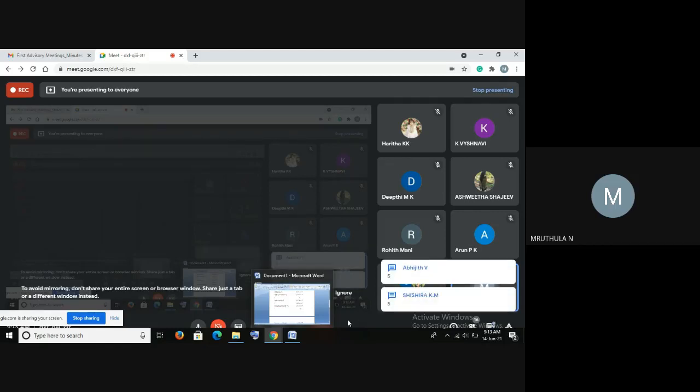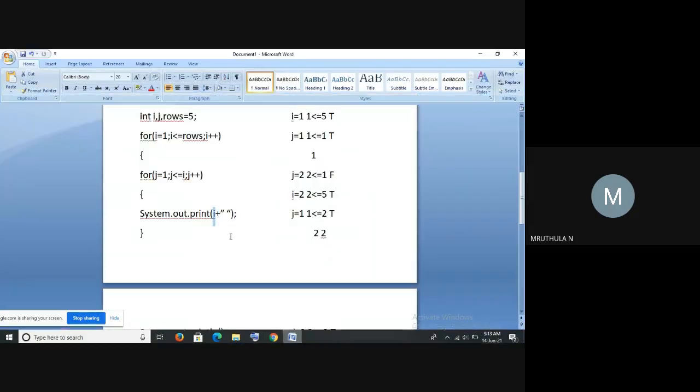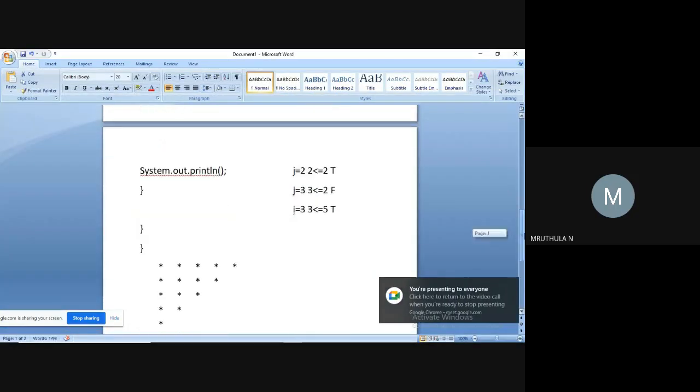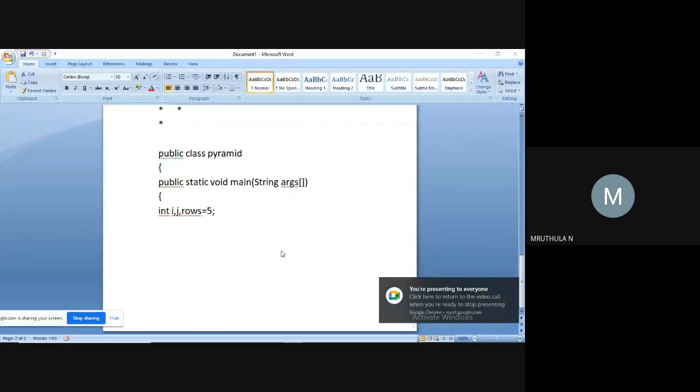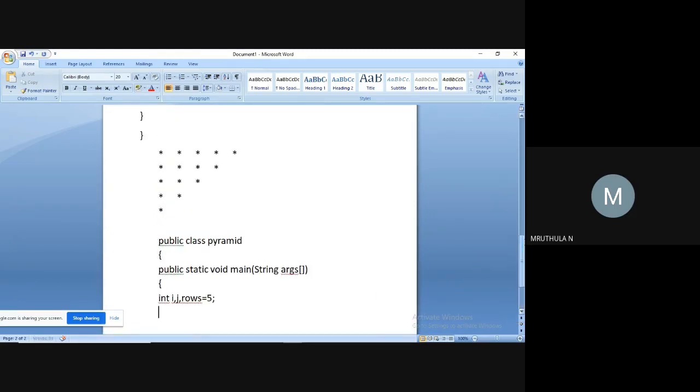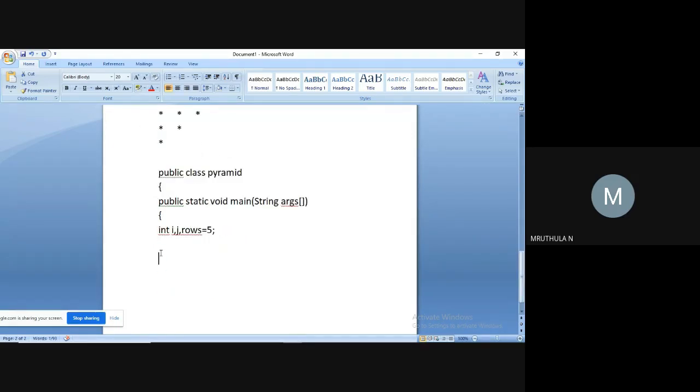I should be 5 for the first time, and for the second loop, it should be 4. And for the next time, it should be 3, then 2, then 1. Okay. So we need to write here 4,